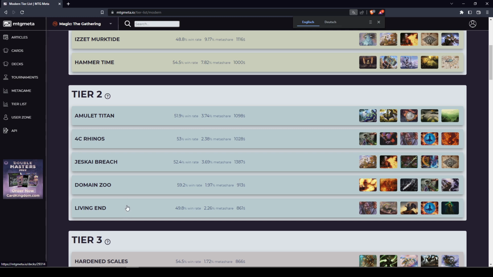Living End, very good matchup, around 60%, as you have Guardian of Nubenalia. If you hit that, you're basically able to outrun them like 90% of the time. And post board, if you're playing the Hollow Moonlight version, you have 4 copies of